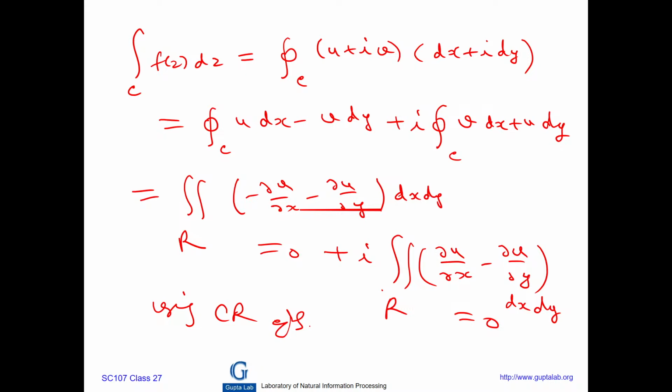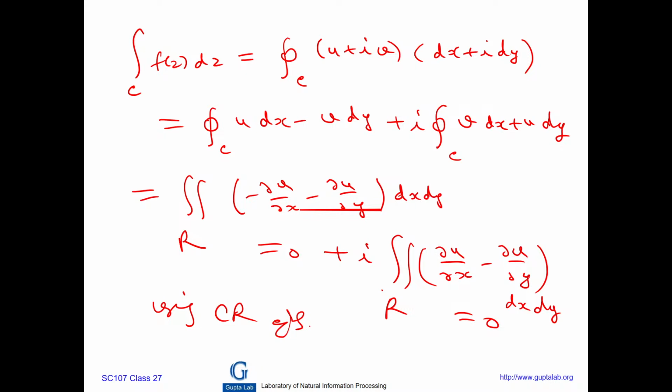So all beautiful applications are there. If you want to sum a series, again summation of a series can be done easily with this formula. The assumption here is that there is no singularity in the region, and that's why the value is 0. If there are singularities, we need to compute the residues at those singularities and then the formula is a bit different. Okay, so I am going to establish that, but before that let us do